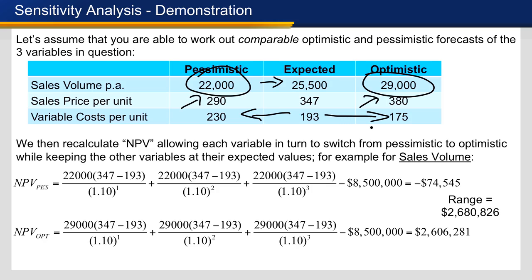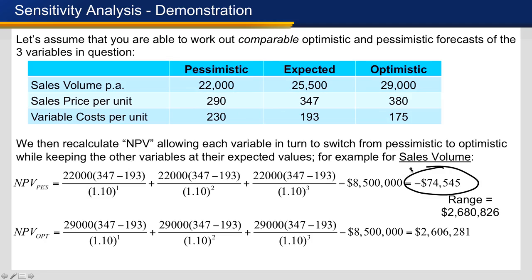So the key to the sensitivity analysis approach is to recalculate the NPV of the project using pessimistic and optimistic estimates for each variable in turn, whilst keeping the other variables at their expected values. So working first with sales volume, we calculate an NPV that's pessimistic using 22,000 as opposed to 25,500 units per annum, keeping the other variables at their expected values of $193 variable cost per unit and $347 as a sales price per unit. And when we do that, we end up with an NPV of minus